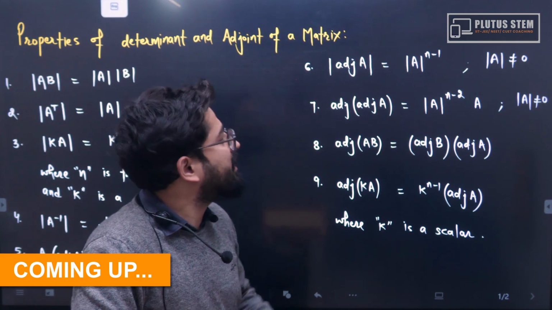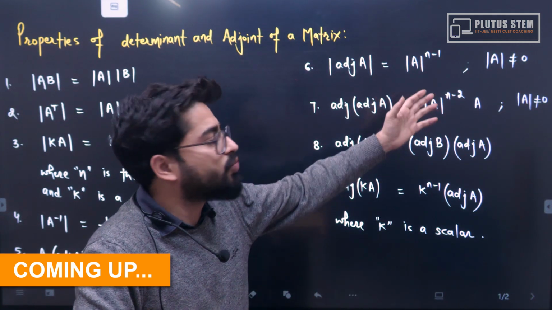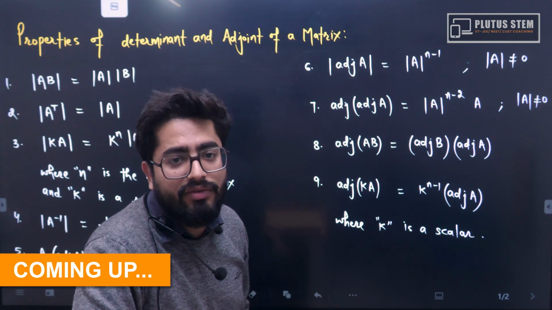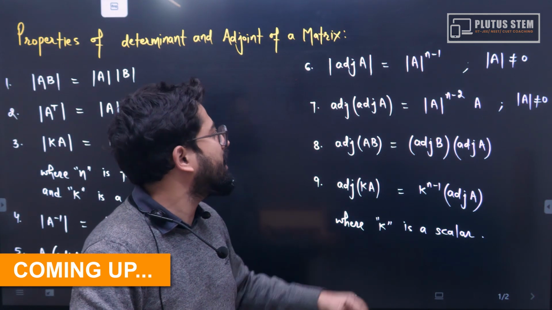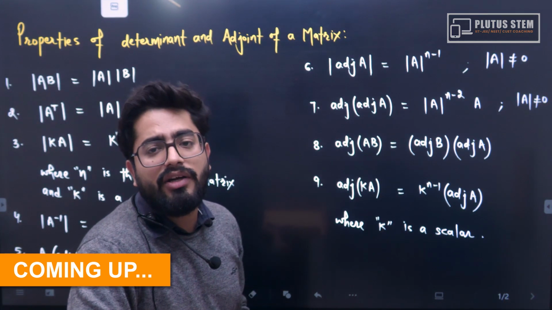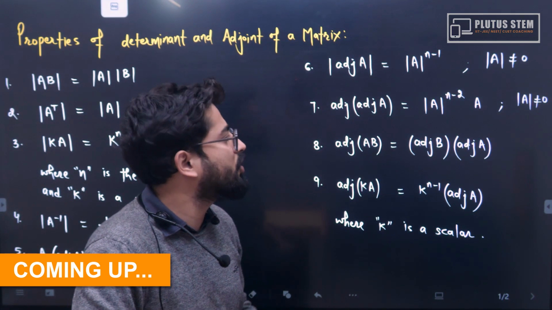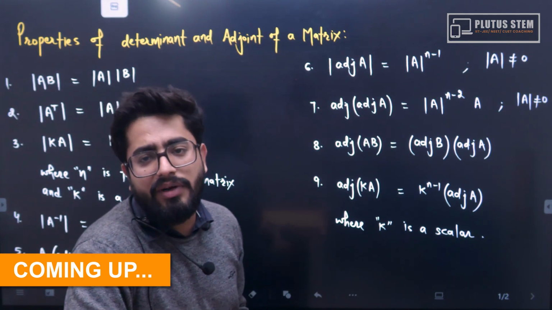Determinant of your adjoint A matrix will be determinant of A to the power n minus 1, where n is the order of the matrix and your matrix must be non-singular. Next is adjoint of adjoint A, which is equal to determinant of A to the power n minus 2 into A. Again, n is the order of the matrix and determinant A is